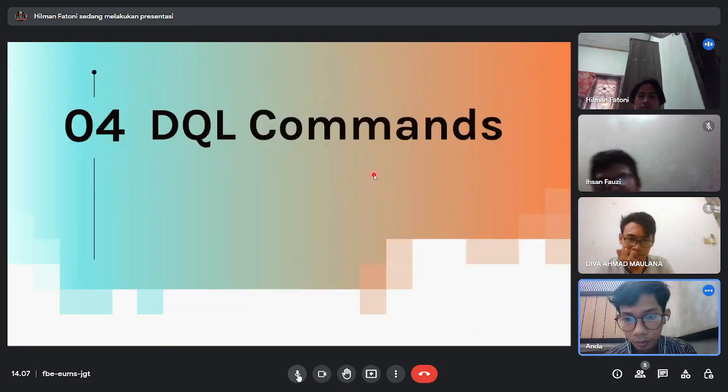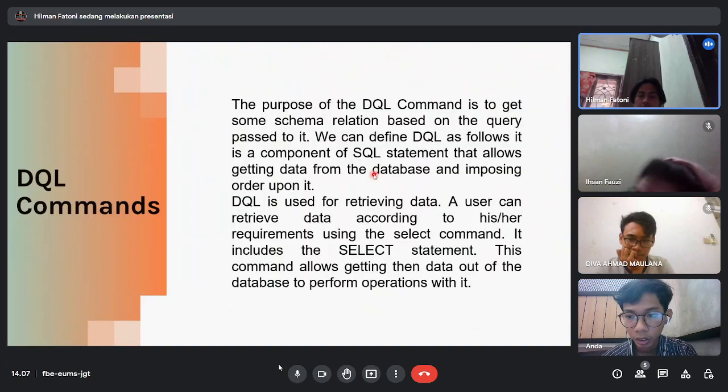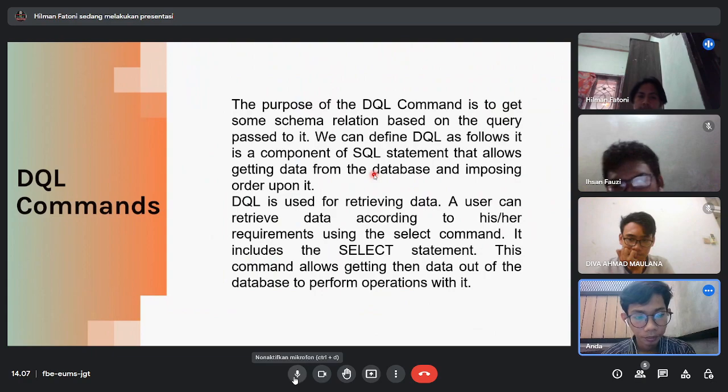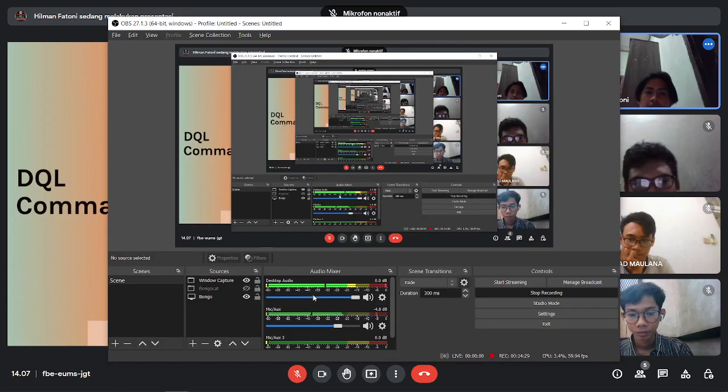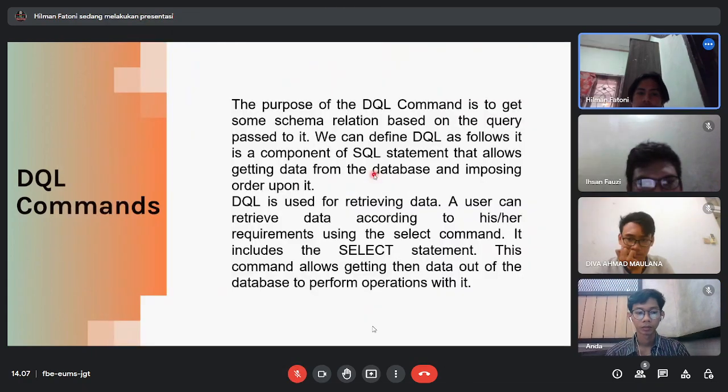Next is the DQL command, which will be explained by Hilman Fatoni. Okay, thank you, Ramadan. So the DQL command, the purpose of the DQL command